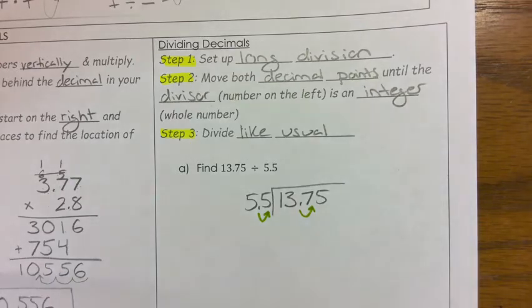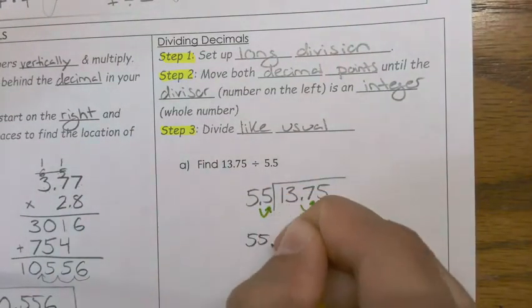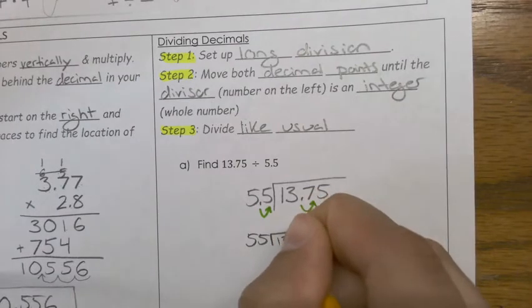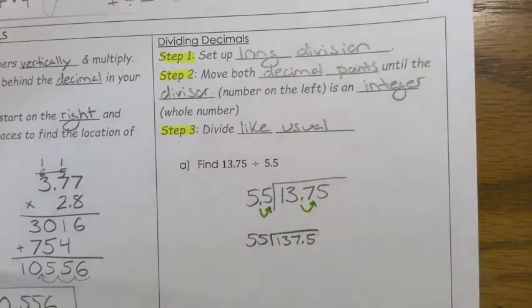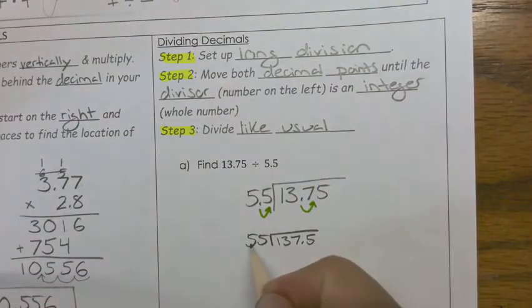You're just making it a bigger number. So like, for instance, 1 over 2, if you multiply the top and the bottom by 10, you'd get 10 over 20. It's still a half. So once we do this, we now have 55 and 137.5. And we can divide like normal. So let's start off by thinking, how many times is 55